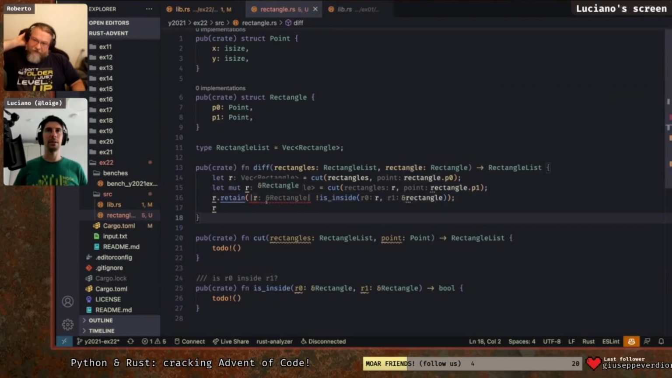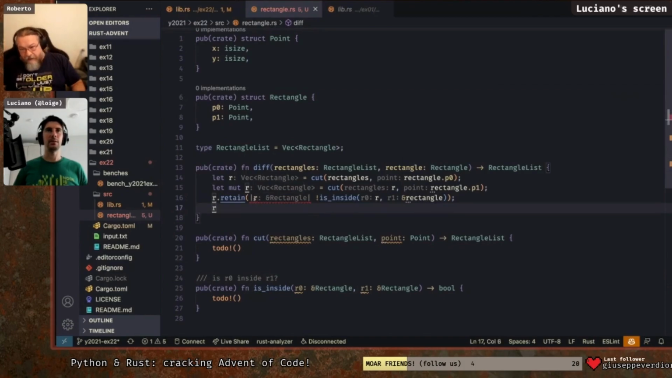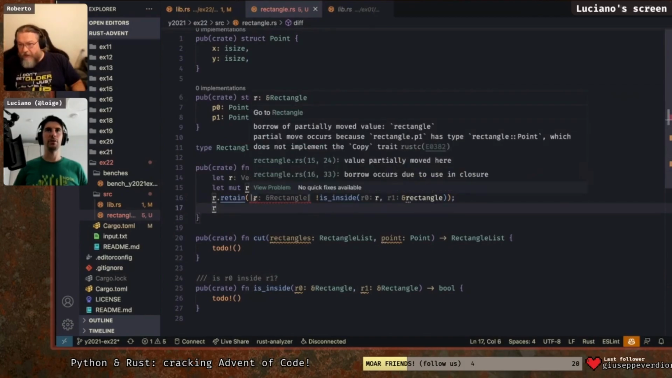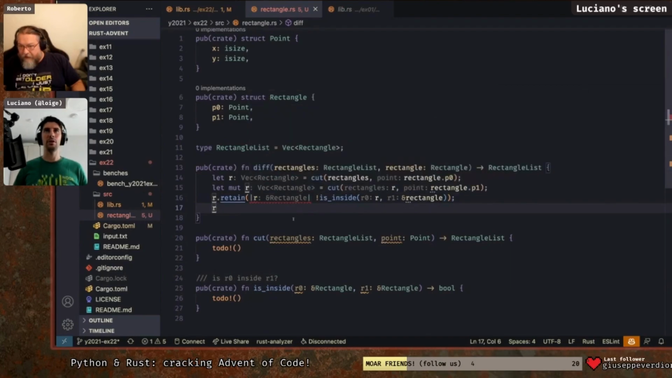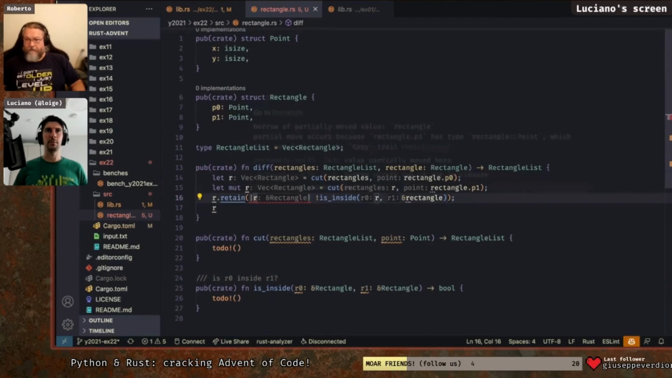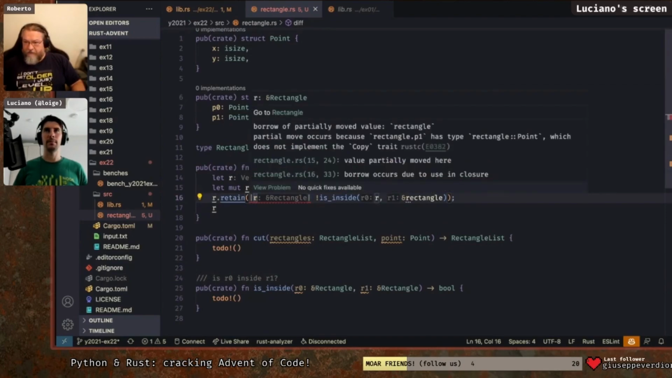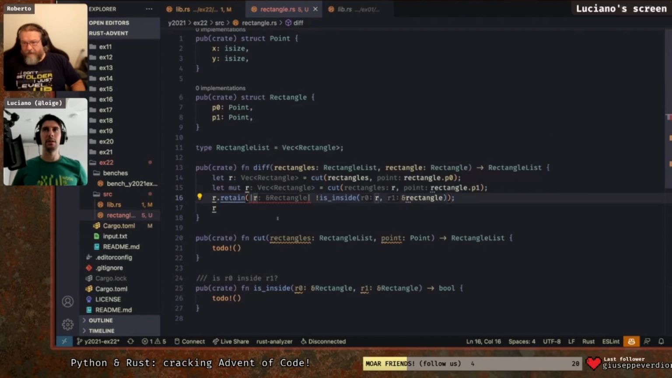Now, what's going on here? Why doesn't it like this one? Borrow shadowing, partially moved. Okay, it does not implement the Copy trait. So every time we do this, where did we move it? Let me see where the move occurred. Line 15. Value partially moved in line 15, and then in line 16 we are using it. So because here we sent